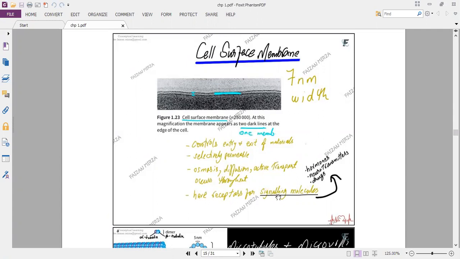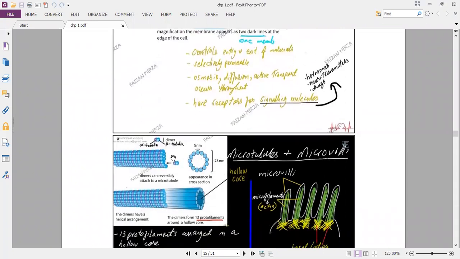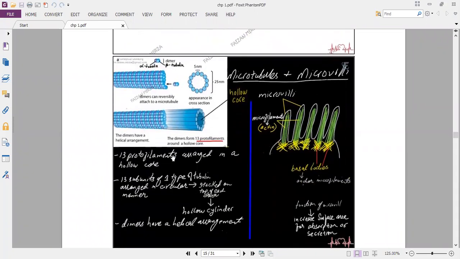The cell membranes have receptors for signaling molecules. Signaling molecules refers to hormones, neurotransmitters, and drugs. Hormones such as, for example, insulin released by the pancreas when the blood glucose is high goes on to act on the liver cells and the skeletal muscles and cause the uptake of excess glucose and the conversion of glucose to glycogen, because the cell membranes of the cells present in liver and skeletal muscles have the receptors complementary to which insulin can attach to.